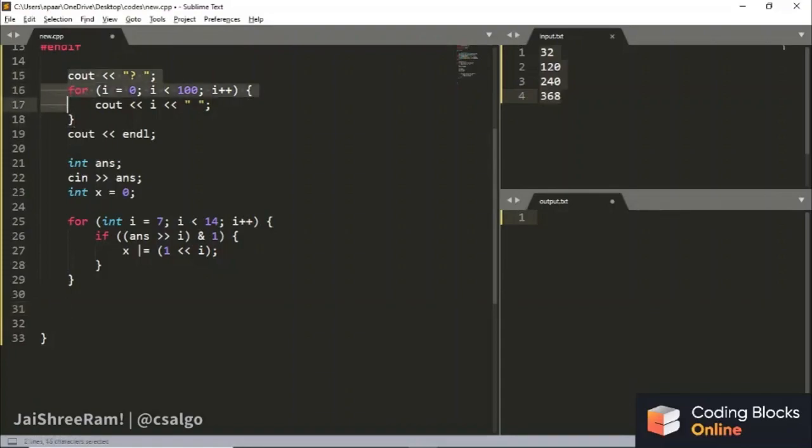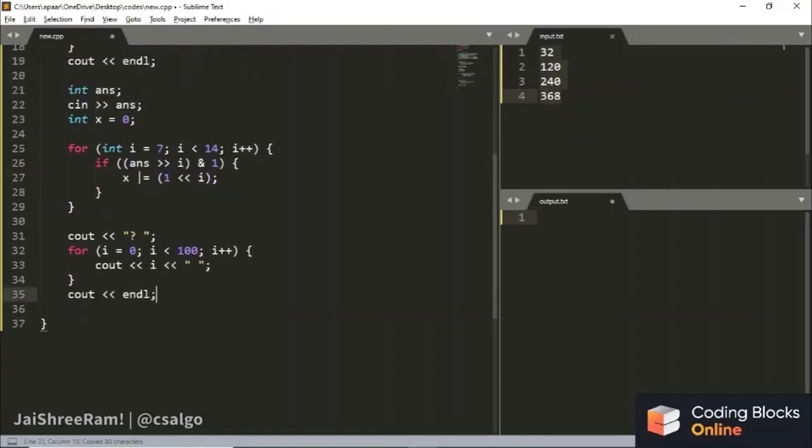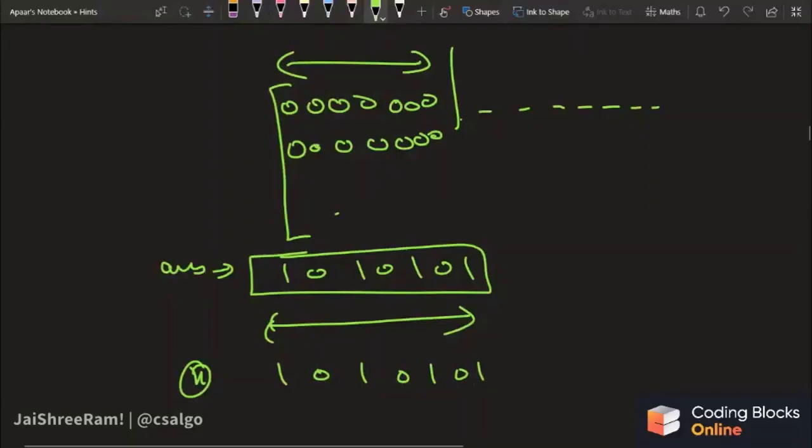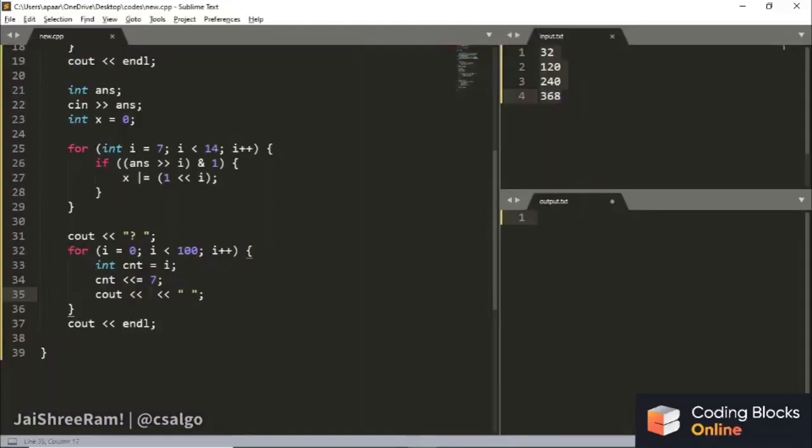Now I need to do a second type of query. In this query I'll left shift this printing i, how many times? 7 times. So let's say count equals i and count left shift equals 7. By doing left shift, all the bits on the right hand side will come to the left hand side of that number, and all the right hand side 7 bits will be 0. Again I have got those distinct numbers. I'll simply print count